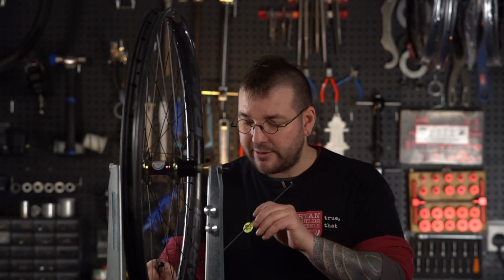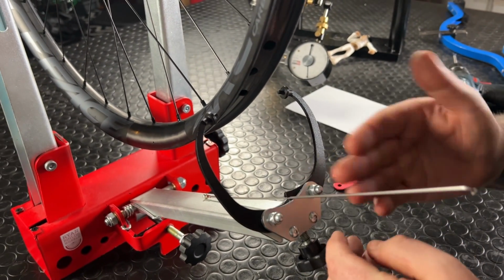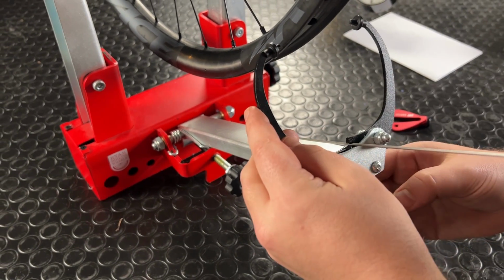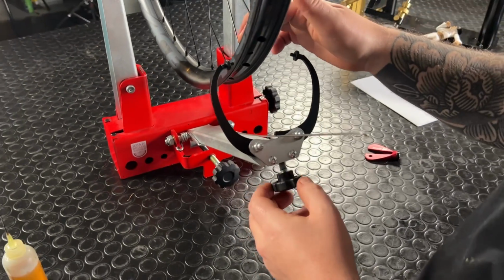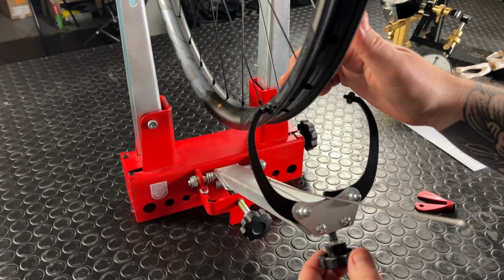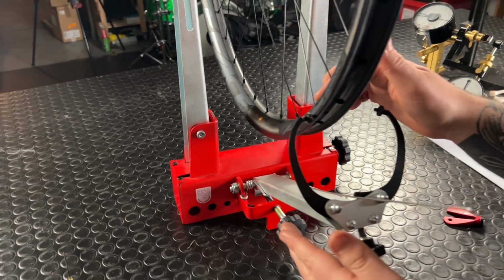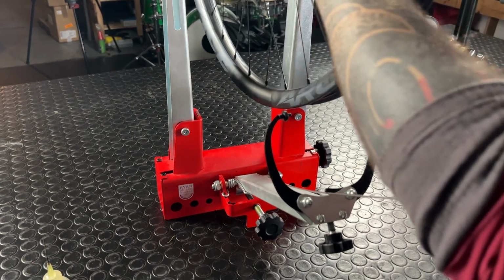Grab a spoke or any other thin thing and place it so as one of the arms is locked out. Now you can use the stand itself as a dishing gauge. Choose an area as your reference point. I thoroughly recommend always returning to the valve hole. Move that arm that isn't locked out so as it touches the rim. This is your reference point. Lightly take the wheel out of the stand, flip it over,